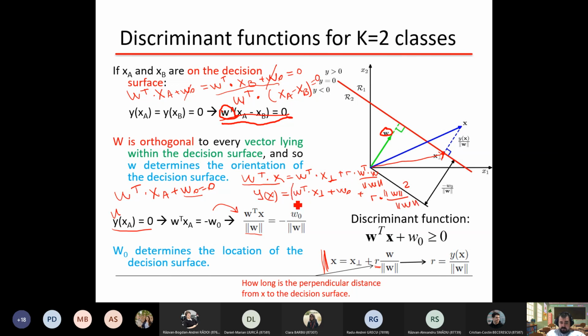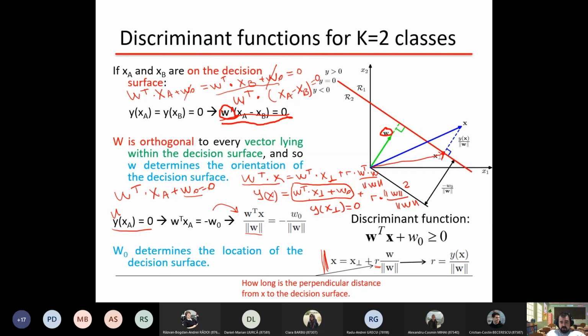Now, this term is equal to what? Y of x perpendicular. And what should be that value? So this is y of x perpendicular and equals 0 because x perpendicular is on the